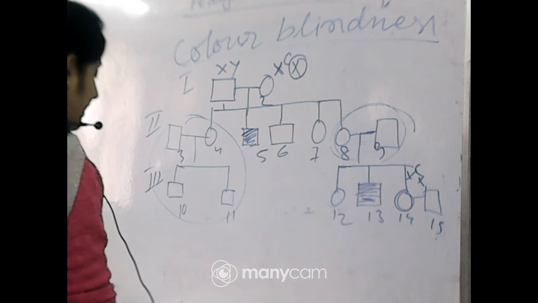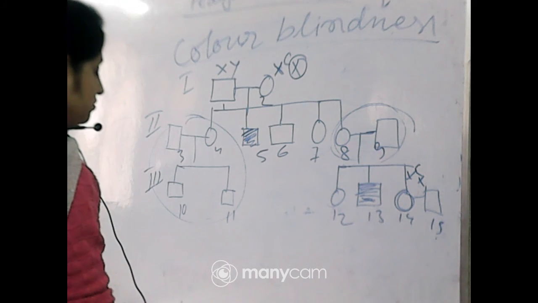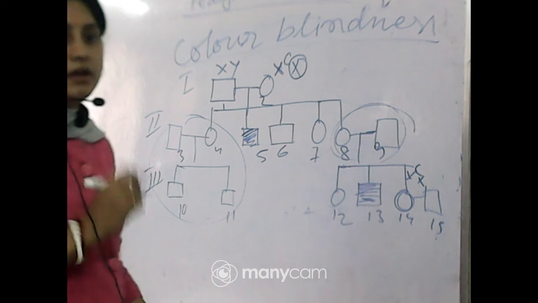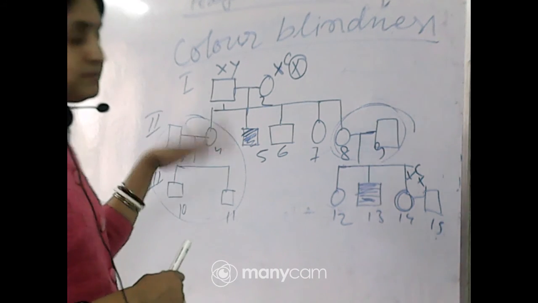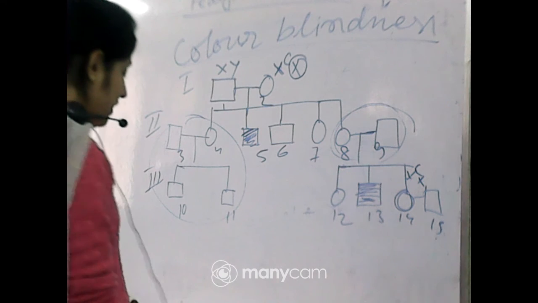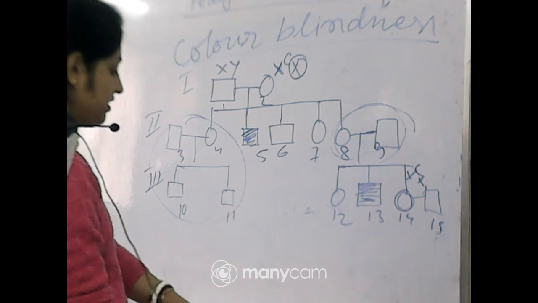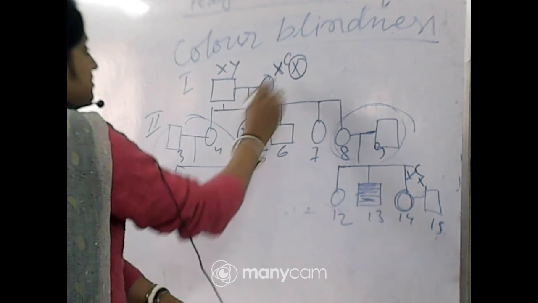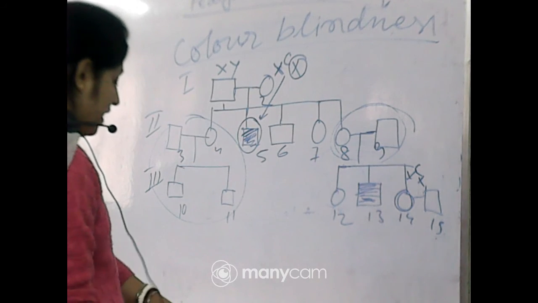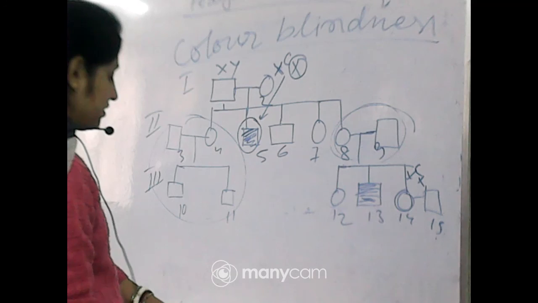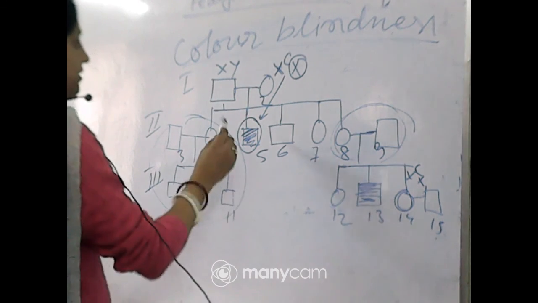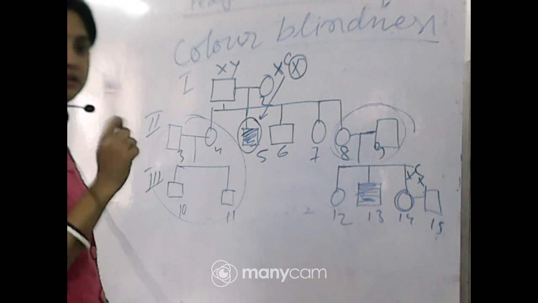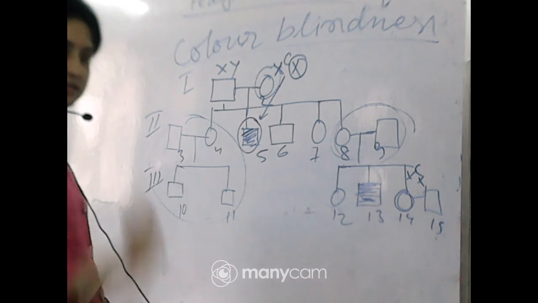Solution: the allele for color blindness is present on the X chromosome, XC, while the Y chromosome does not bear it. It always comes from the mother. A male has only one X chromosome, which he received from his mother. He is color blind if his mother is a carrier. A female becomes color blind when the mother is a carrier and the father is color blind. When the father is affected, then the female is affected; when the mother is affected, then the son is affected.